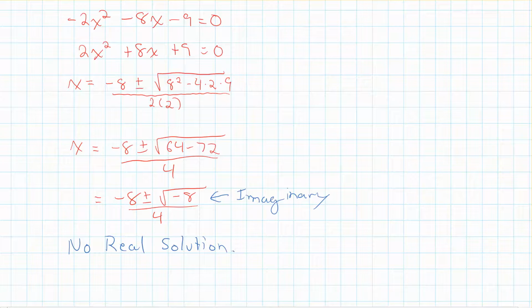Okay, so it's got no real solution, but what does that mean as far as a graph goes? Well, it means there wouldn't be an intersection on these points here. Now, as far as what this graph would look like, these aren't functions, because the second equation is not a function, but just to give you a rough idea,